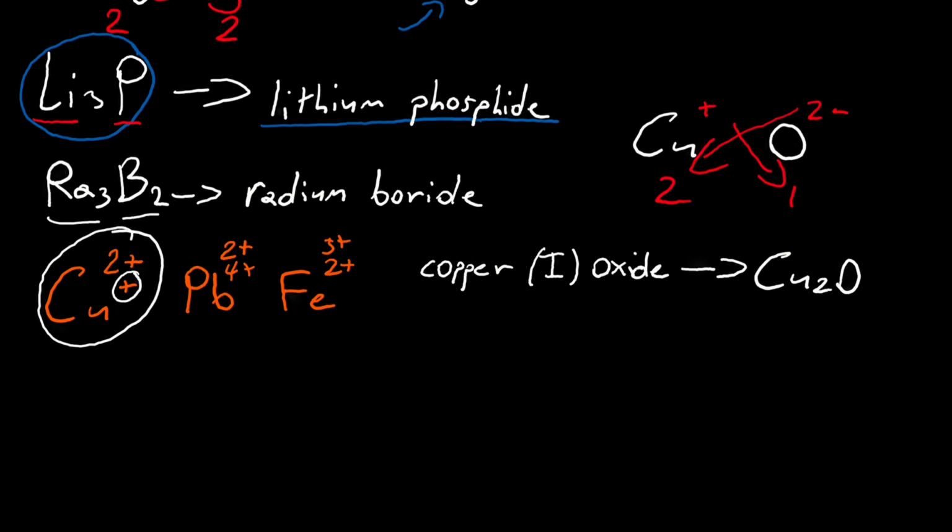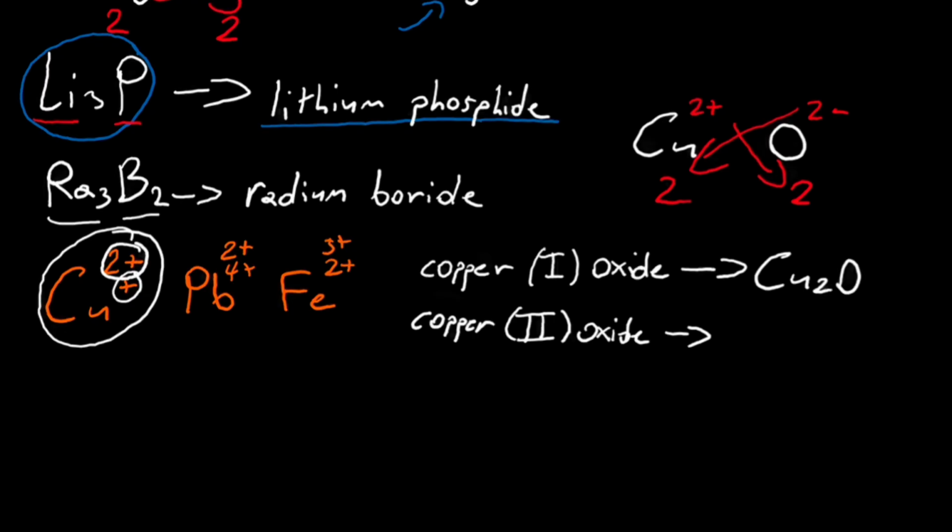What if we use the copper 2 ion? Then of course we would need to put copper 2 oxide with the capital Roman numerals. And for writing the chemical formula for copper 2 oxide, we'll change the charge of the copper to positive 2, and so when we do the crossing of the charges, we will see that we need 2 coppers and 2 oxygens. However, this ratio can be reduced from a 2-to-2 ratio to a 1-to-1 ratio, making the chemical formula CuO